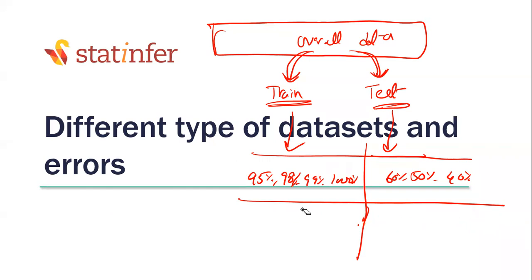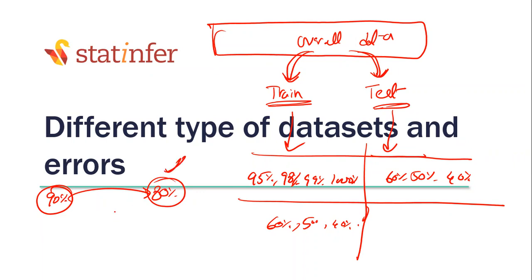Underfitting is not necessarily significantly lower accuracy, like 60, 50, 40. Let's say there is scope for an accuracy of 90% and you stopped at 80% accuracy. Is this also underfitting? Think about it. The model could be 90% accurate, but you stopped too early, not very early, you stopped when you had 80% accuracy. This is also underfitting, isn't it? Agreed or not?